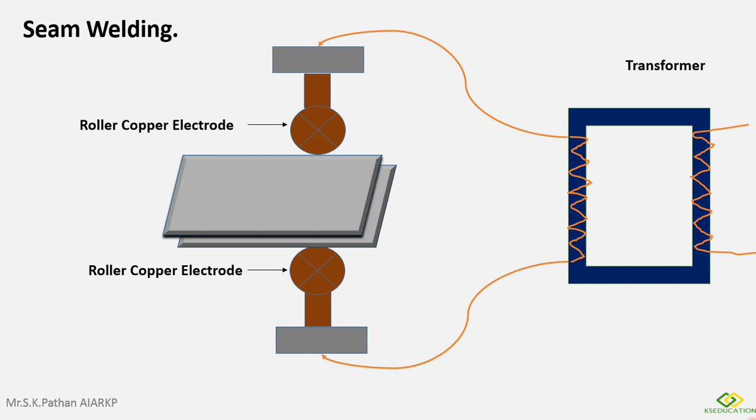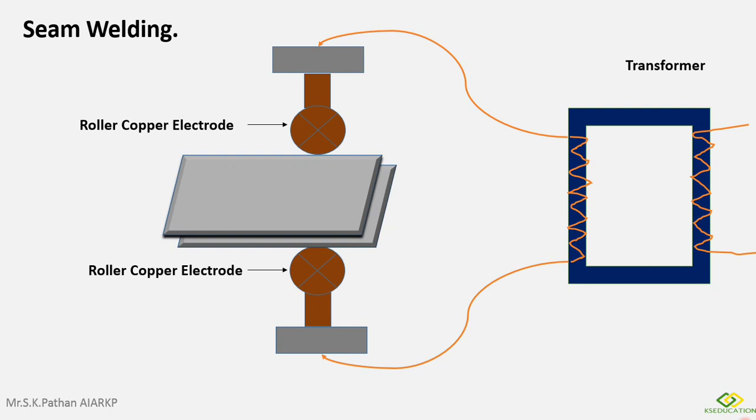After passing current to these two roller electrodes, which are always in a rotating position, when we switch on, these two rollers start rotating, and as in spot welding, the current is passed from the upper electrode and the lower electrode,